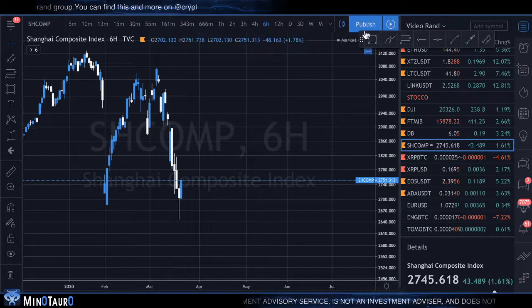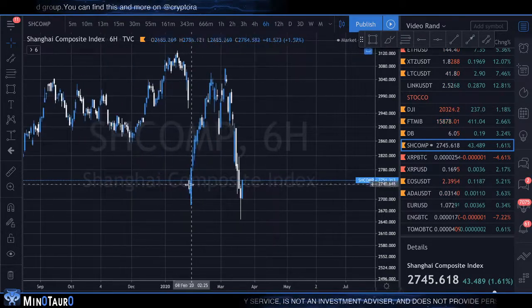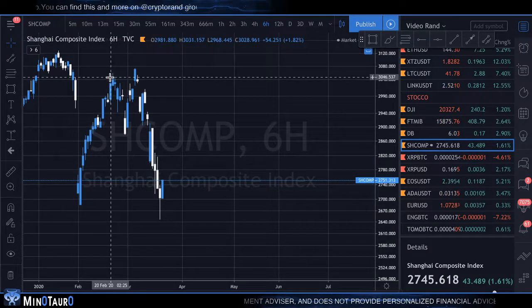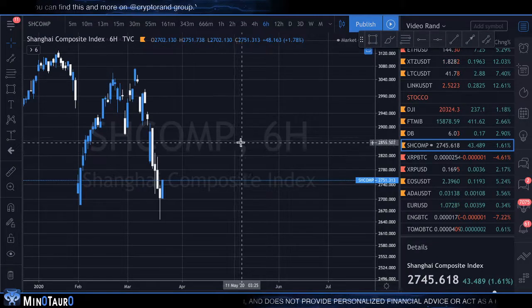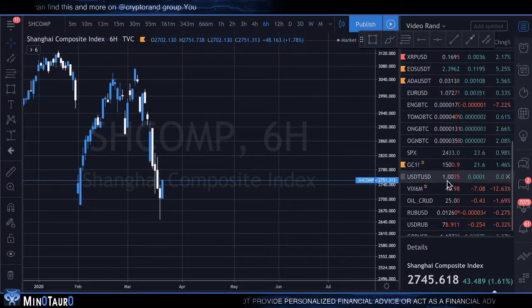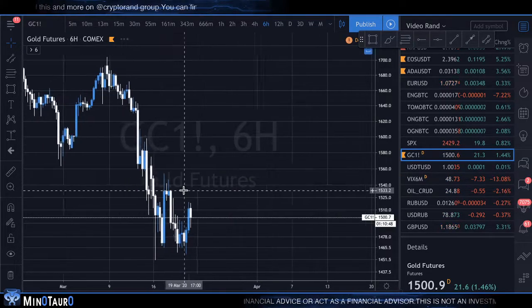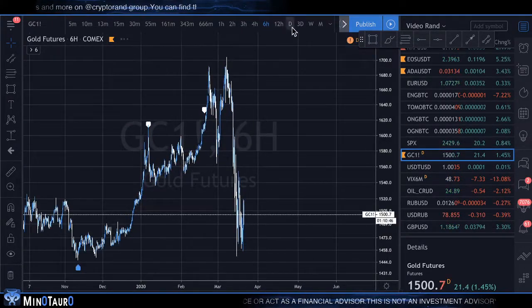There are a lot of gaps to fill. This is a gap filler. This is the gap we had. We filled it completely. Okay, and then down. Another last thing before. Okay, gold. For gold, we don't have the chart here because